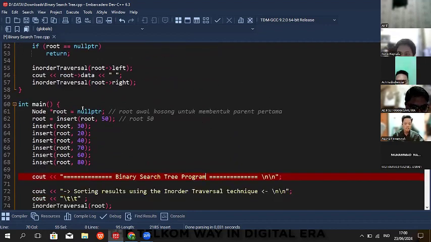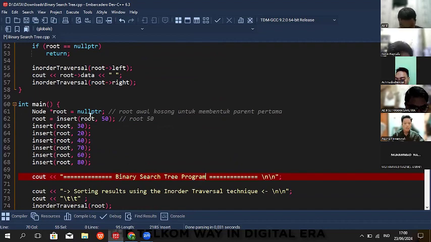In the main function, I give the root node a null value to check that the node hasn't been formed, so that when the insert function is called, the root will be formed.